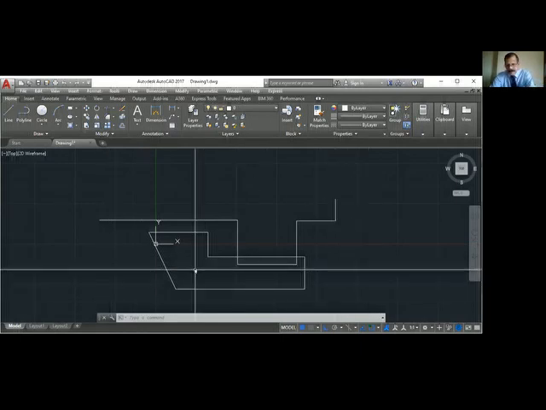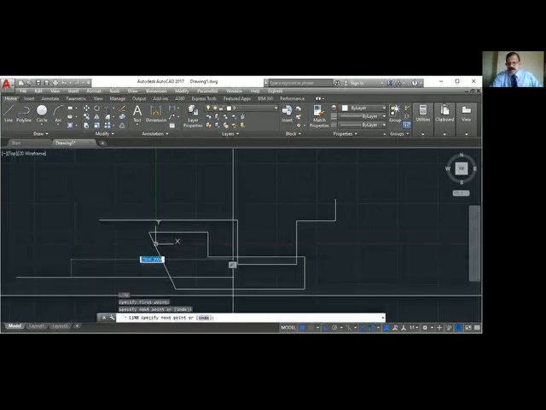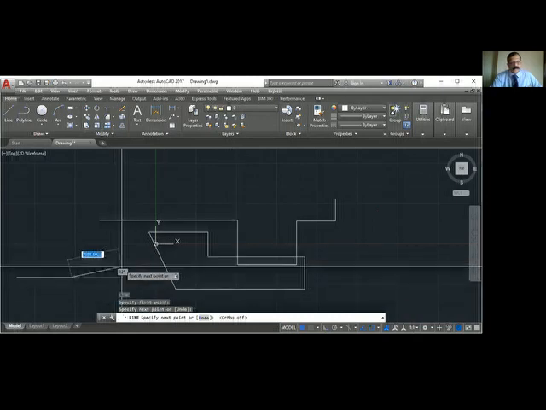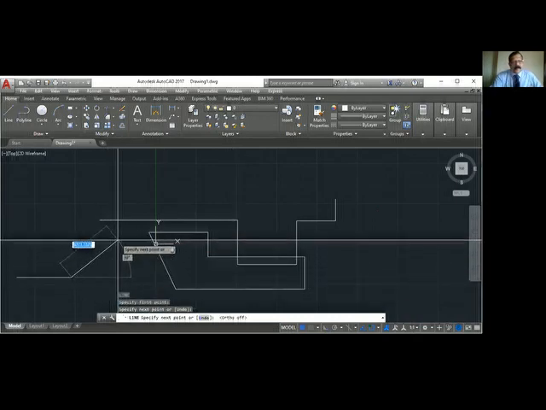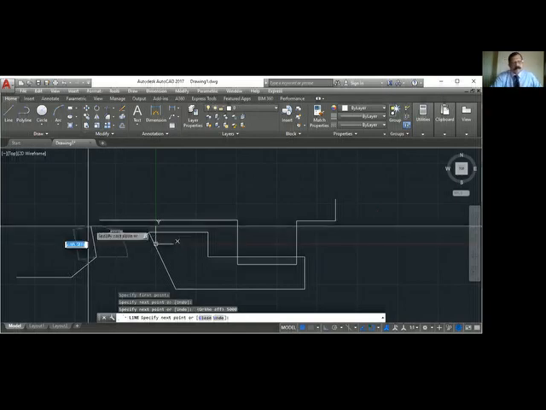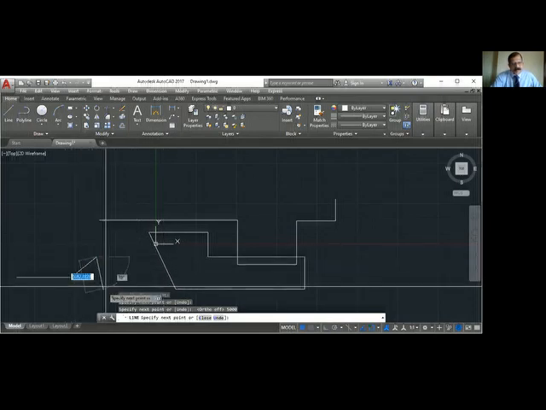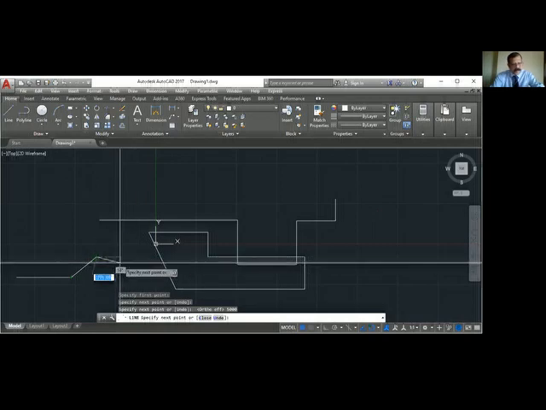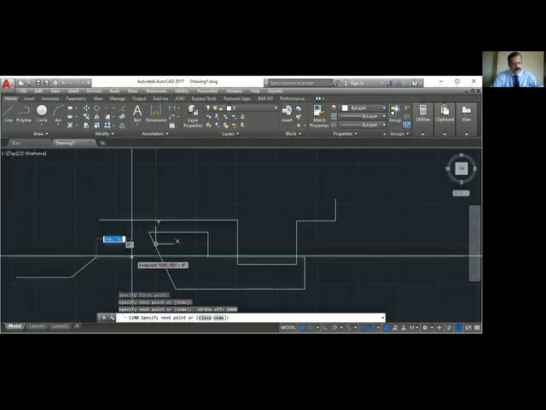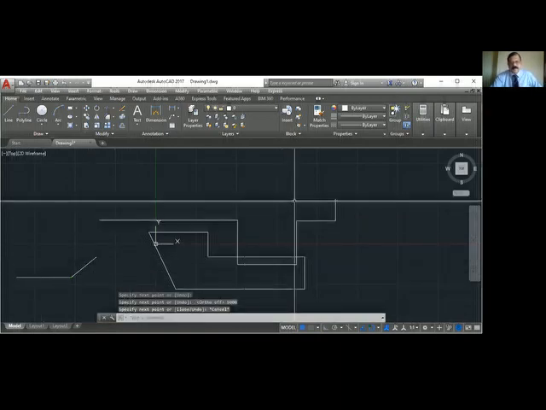When you draw the line command and ortho is off, you can draw an angular line also. You can give the value 5000. Okay, so how will you get this correct angle? That I will show you tomorrow. In the initial stage it is a little confusing for you, so don't worry about that. How to draw an angular line with a specified length, I will explain tomorrow. You have to learn one more command. Up to here it is okay.